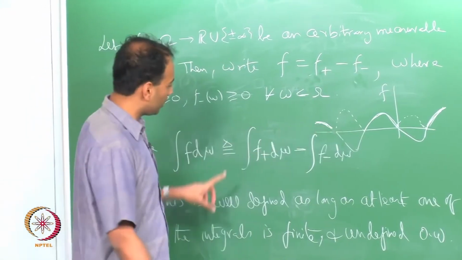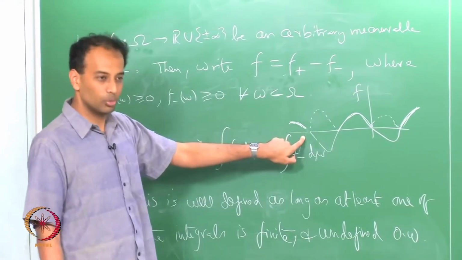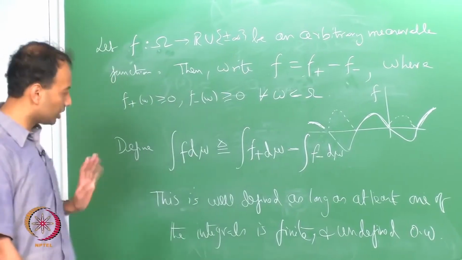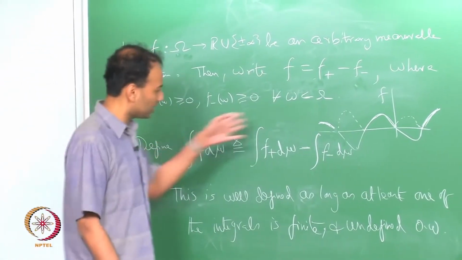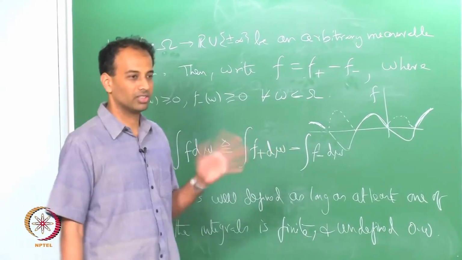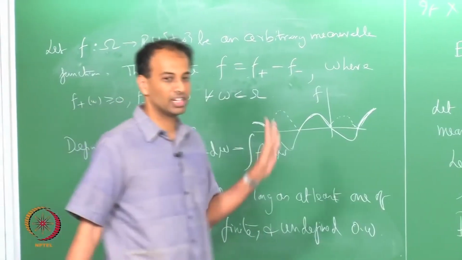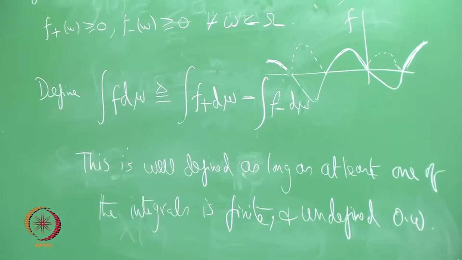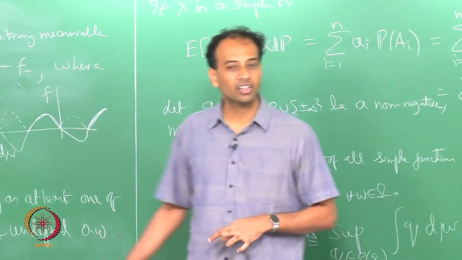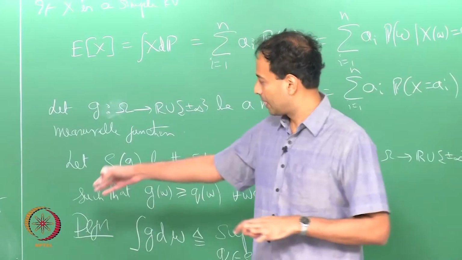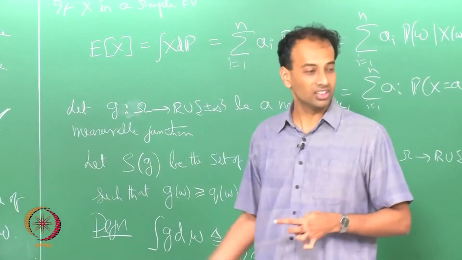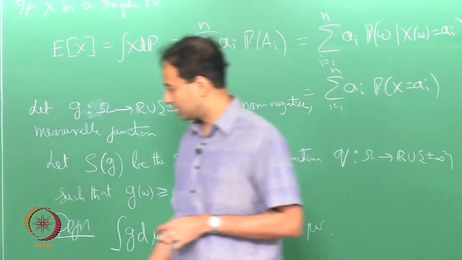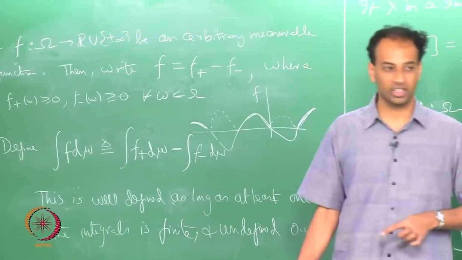So, in the case when both this integral and that integral are plus infinity, the integral is not defined, it has no meaning, but in all other cases it has a meaning. It will either be a real number or infinity or minus infinity, but infinity minus infinity has no meaning. Is that clear? So, we have now defined the integral of any measurable function over the space. It is well defined as long as not both of them are infinity.